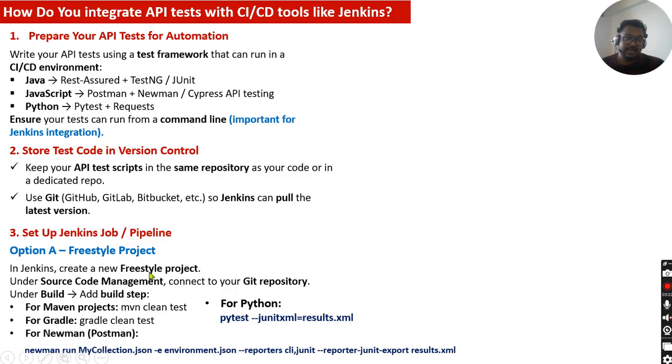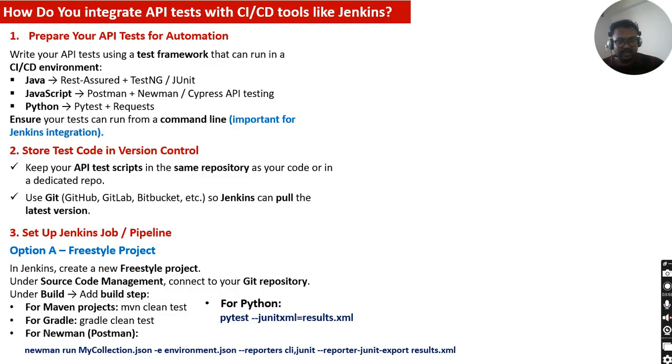But if you speak this way, it is more than enough for you to answer this question. They will not ask you to practically open Jenkins and show it. But whatever I have highlighted in bold, those are the keywords you need to speak in your interview. So in Jenkins we can create a freestyle project job. If they know what freestyle project means, they will understand you know about Jenkins. Okay, so in a freestyle project, under the source control management tab, we can connect our Git repository in this way,